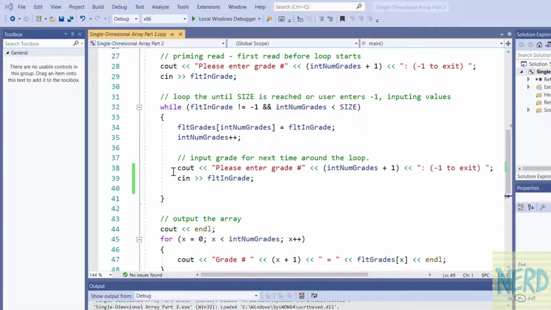All right, so I've taken out the if statement. So at the top of the loop, we're putting the previous input into the array, and then at the bottom of the loop, we're asking for the next input. So this way, if they type in -1, it'll come right back up to the top, and we'll see the -1 and get out of the loop. The other thing that will get us out of the loop is if we